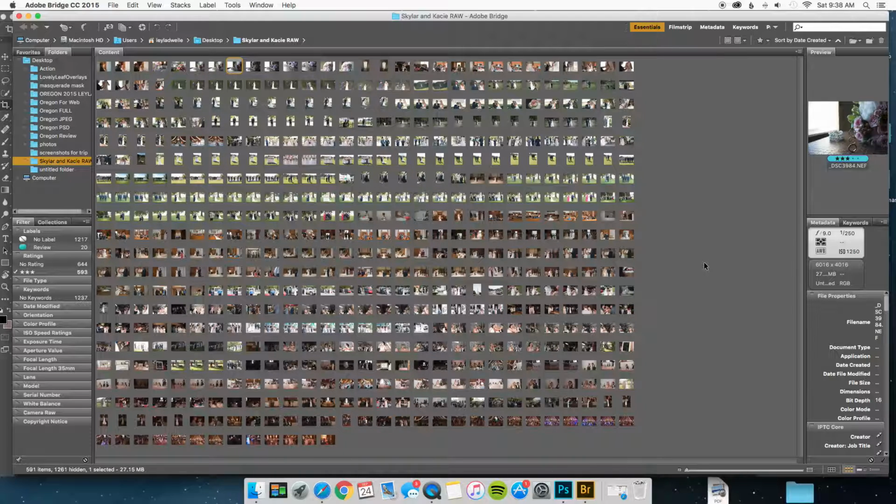I'm never opening anything into Photoshop. Not yet. So once I get, now let's pretend that was the last image, and I've gone through and I've done all of those edits, those Camera Raw adjustments. I've straightened, I've used,